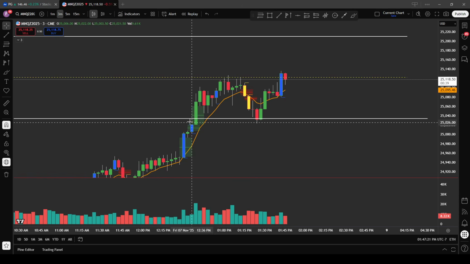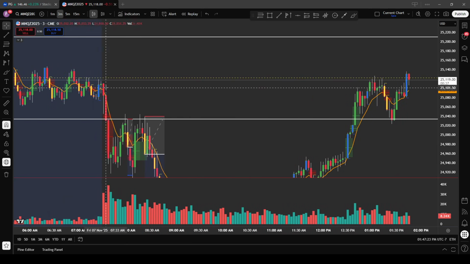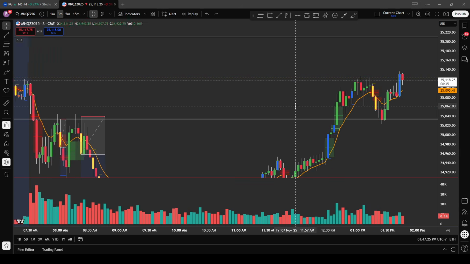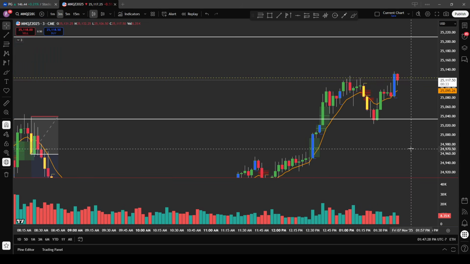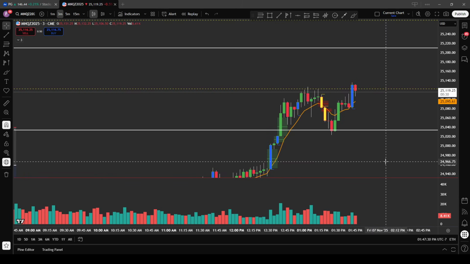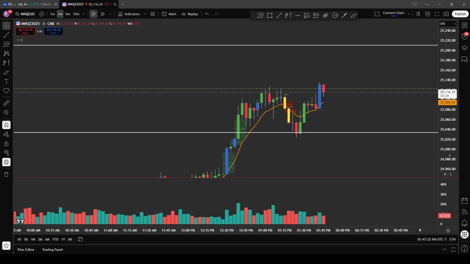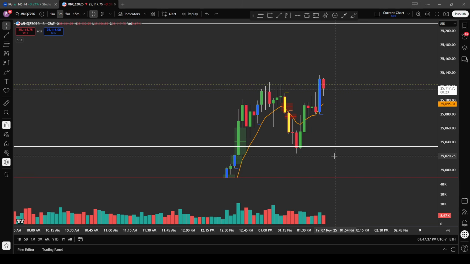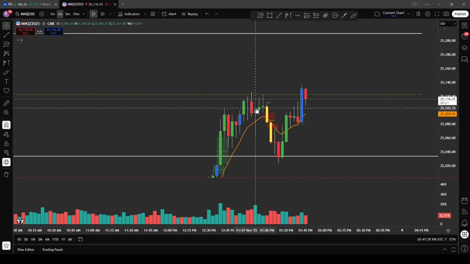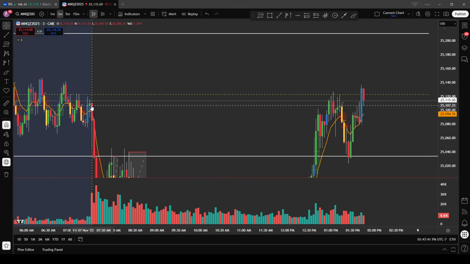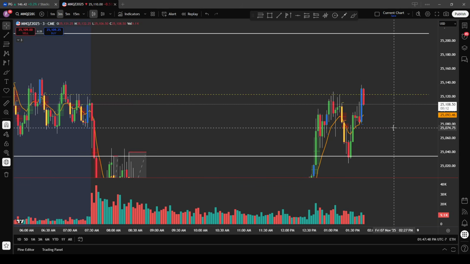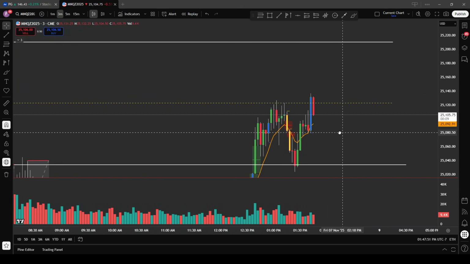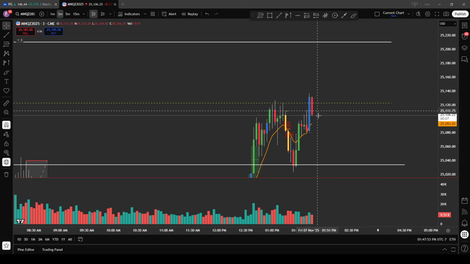Up here, we came back to kind of where we started for the day, and we're facing resistance again. In real time, in 3 minutes, we're going to have the market on close. So it's interesting where it's kind of situated up here. This is a good opportunity for it to sell off again, just the way it's set up, basically at the open of the New York, which is literally where we're at right now. The New York opened at 25.11. Price is at 25.11. This is a really good time for price to sell off here as well, but we'll